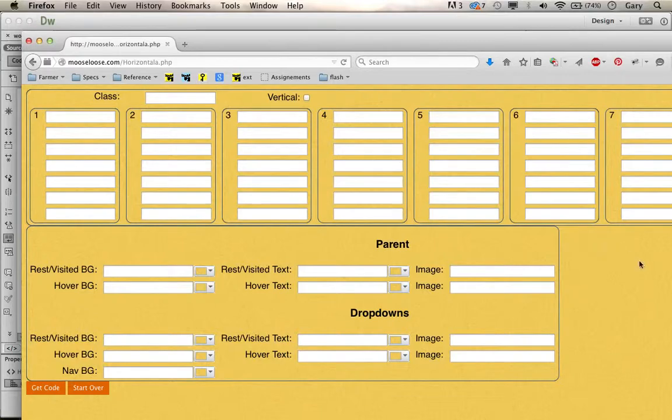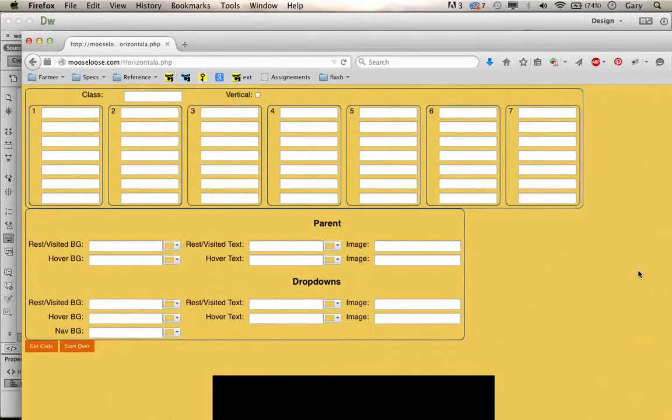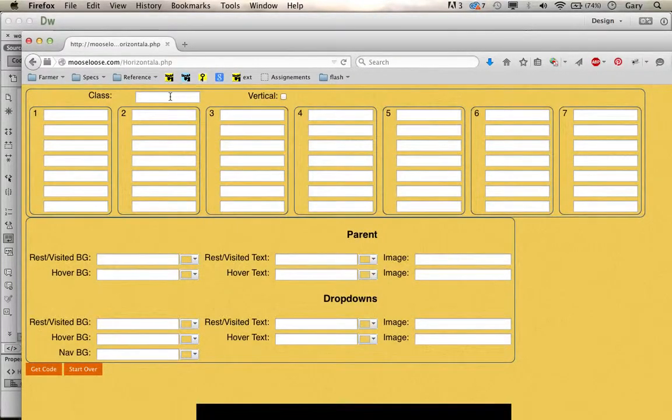And this is what you get. You get this tool. The first thing we're going to do is put a class on our buttons. In order for this to work in the CSS, you have to have a class. So let's just call this menu. There shouldn't be any spaces or special characters. Now, because we want it to be a vertical menu, we click menu, and this top row will be the